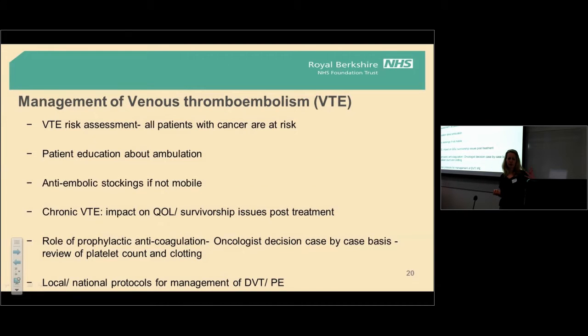So just quickly go over this slide because I'm aware of time. So we've already talked about some of this. So we also educate patients on keeping mobile to help prevent blood clots. We may use stockings if needed. Looking at quality of life issues if they've got a swollen limb because of a blood clot, and also prophylaxis